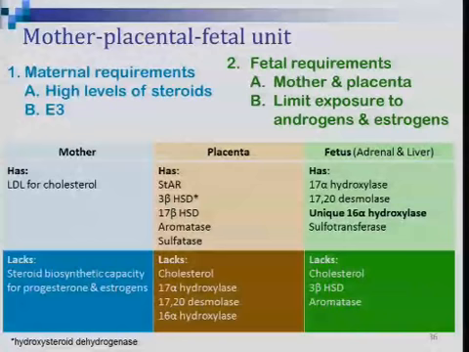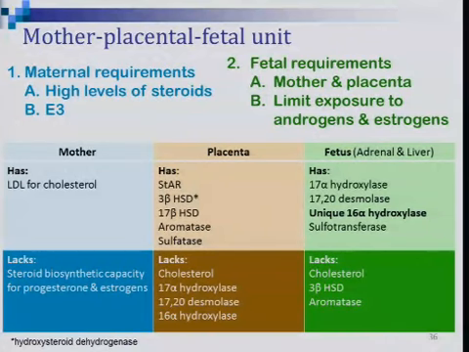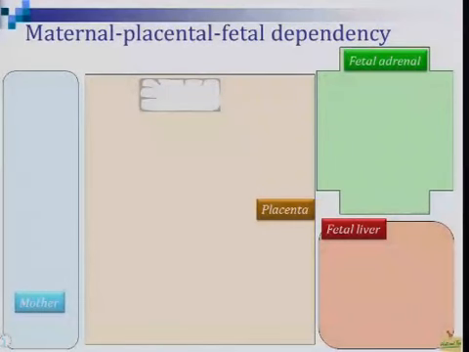The placenta has high levels of a lot of the enzymes that are required for steroidogenesis, but lacks the ability to make its own cholesterol and some of the other key enzymes. The fetus, in its developing adrenal gland and liver, have the enzymes that the placenta lacks. Importantly, this unique 16-alpha hydroxylase and a sulfotransferase, but lacks the ability to absorb cholesterol and doesn't have aromatase and the 3-beta hydroxysteroid dehydrogenase. Okay, so this is the mother, this is the placenta, this is the fetal adrenal and